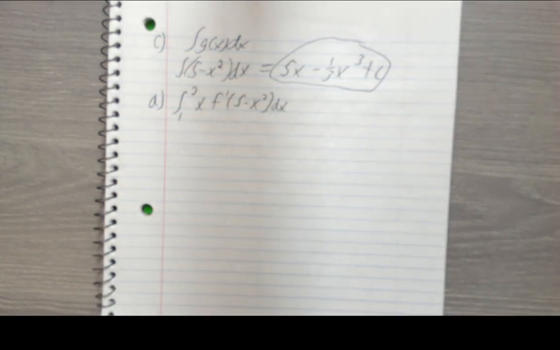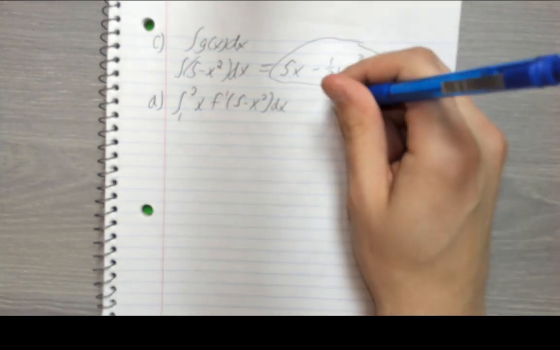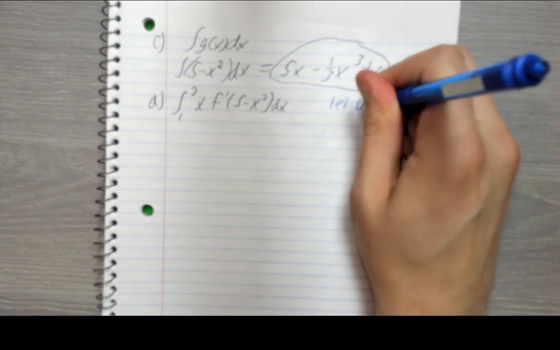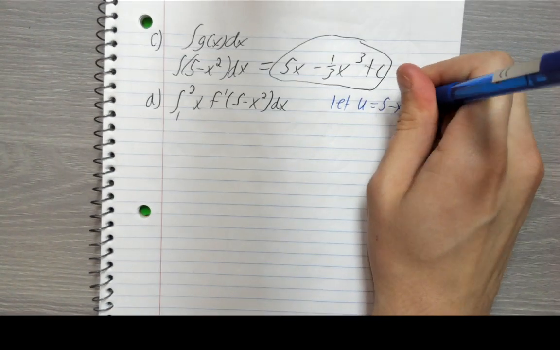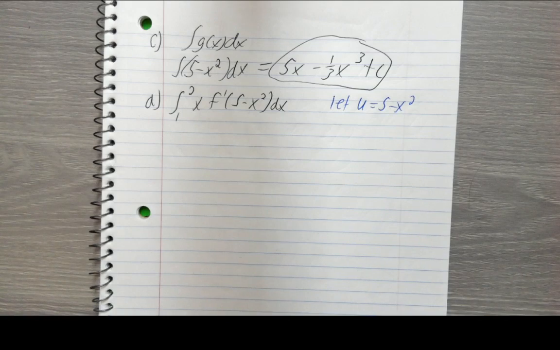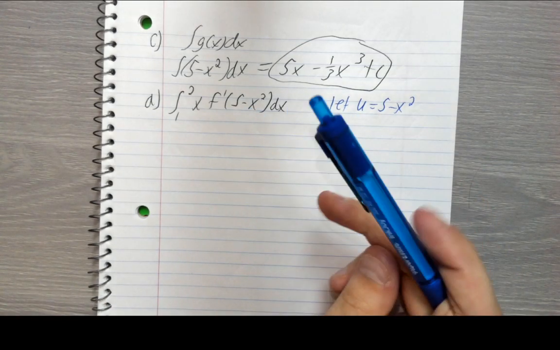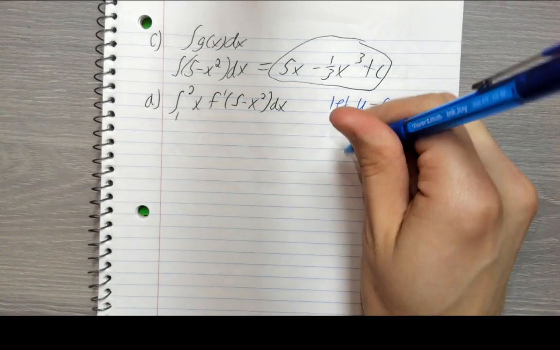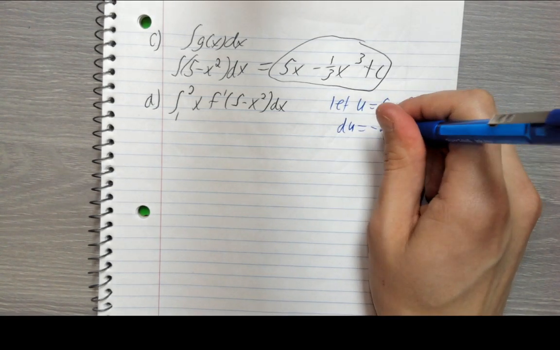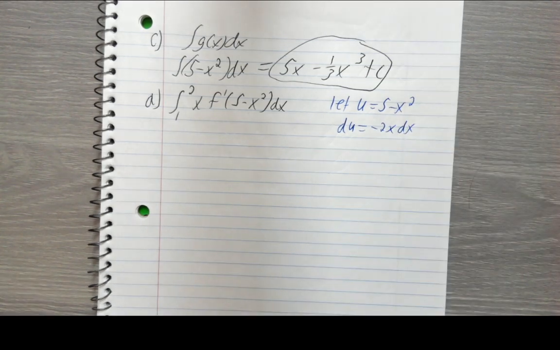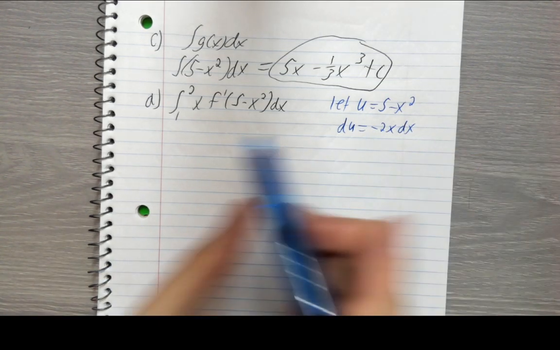So by now you can figure out what I'm getting at here, and that's the fact that we need to use u sub. We always let u equal the inner function of the composite function. So in this case, u is going to be equal to 5 minus x squared. Take the derivative of both sides. I get du equals negative 2x dx. Some people do it differently. You could do u prime equals negative 2x x prime. I prefer not to, but